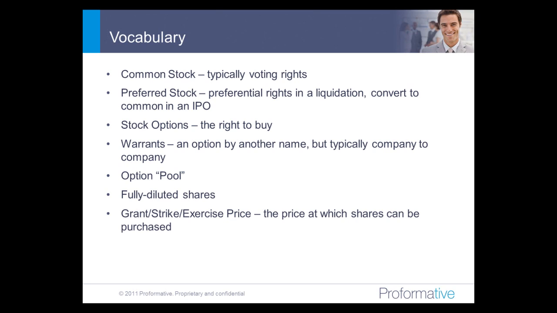Grant price, strike price, exercise price. These are just different names for the price at which stock options can be purchased by the optionee. We'll take a look at this when we run through the cap table, but stock options are granted with, we'll just call it a grant price here. And that grant price says, we're giving you the stock option at X price today, and in the future, once you've vested, which we'll get to in a minute, you might want to actually own these shares. In order to buy these shares, you would pay the company X dollars or X cents per share, and that's your grant price. So that's something that's set when the shares are granted and approved by the board of directors,